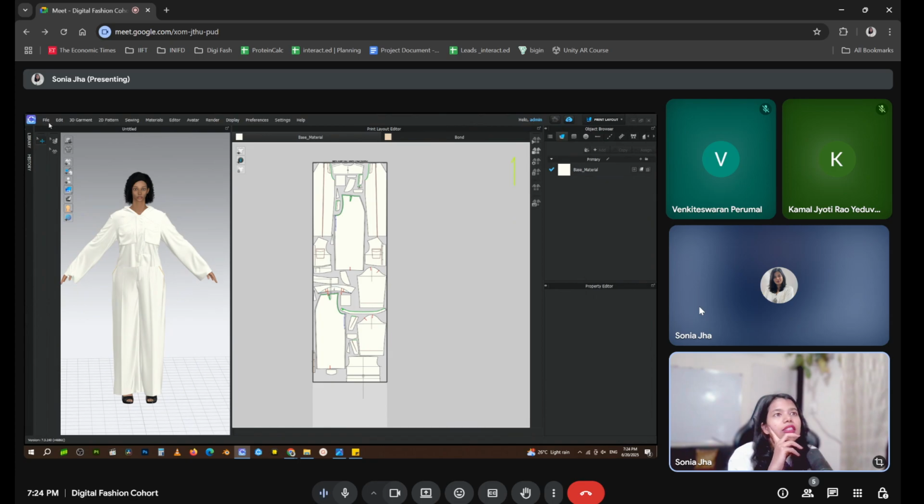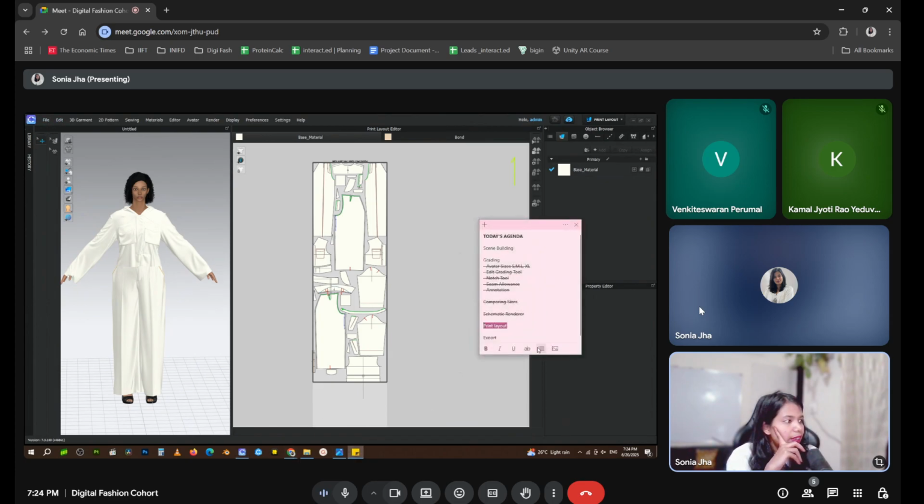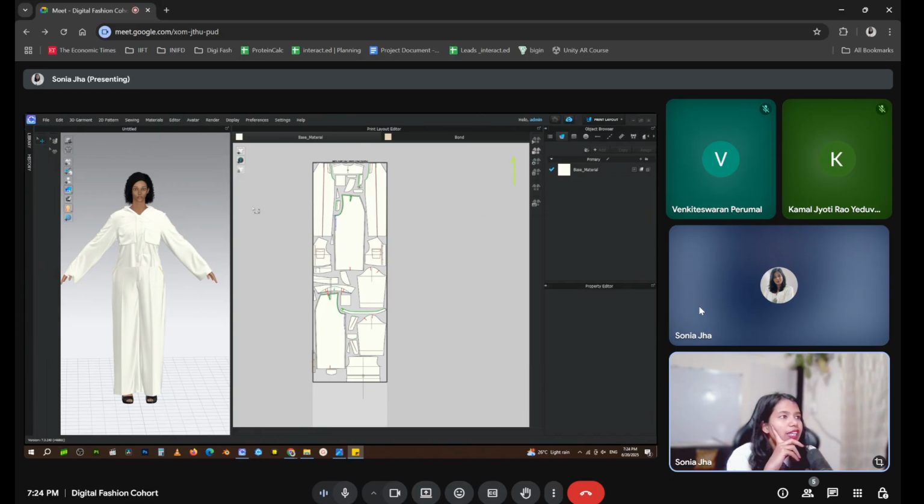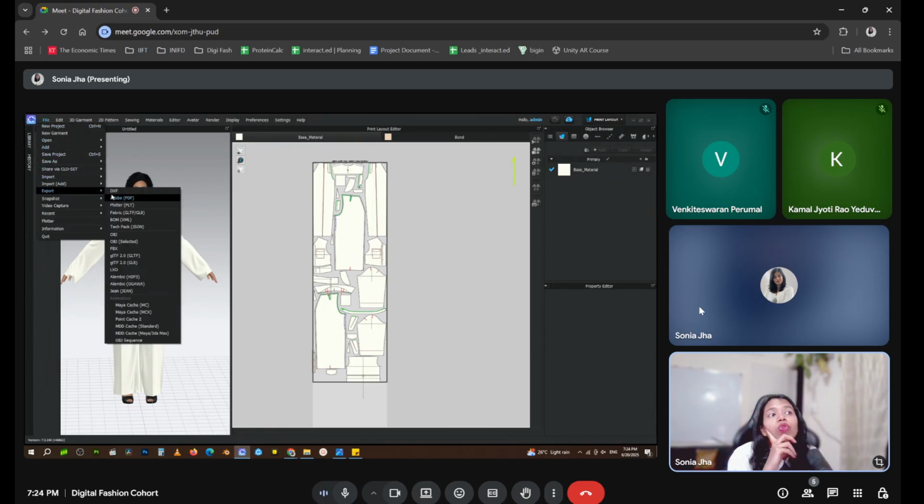Once we are done with this, this is the time to export. So we are done with the print layout, and now we'll be exporting it. So how do we export it? We go to File, go to Export, and go to DXF. DXF is the format that, let's say, Illustrator takes up, and it is a format that is mostly accepted by all of the other applications as well. So you go to DXF,